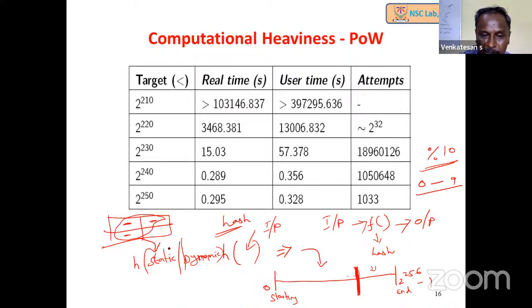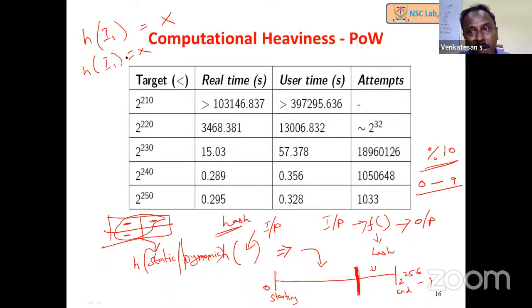And the dynamic part, because if we are taking everything as static, the problem with this hashing algorithm is, if we give input 1, it produces x. If you again give the input 1, it will produce the same x. So the algorithm is deterministic. That means however many times you give the same input, the output will remain the same. So now if there is no dynamic part, if it is only static, what is going to happen is,